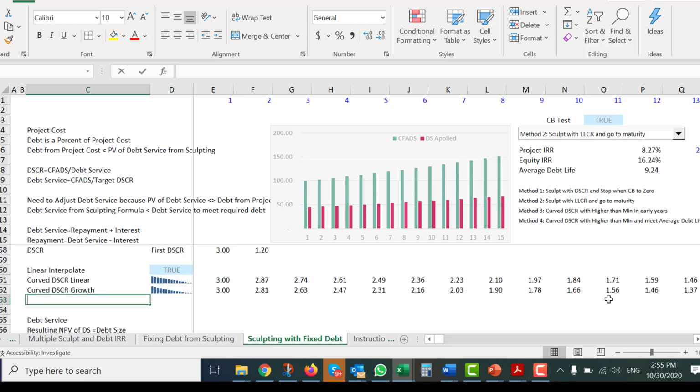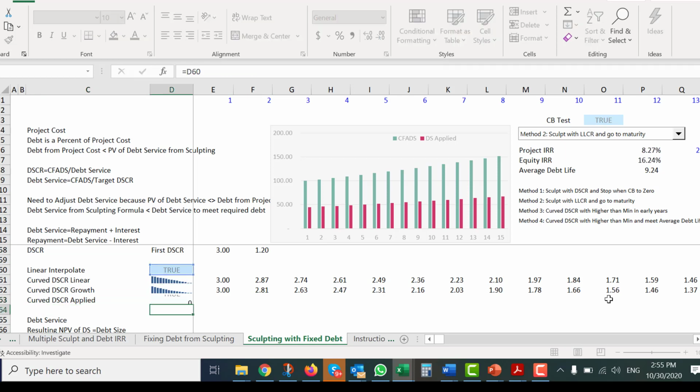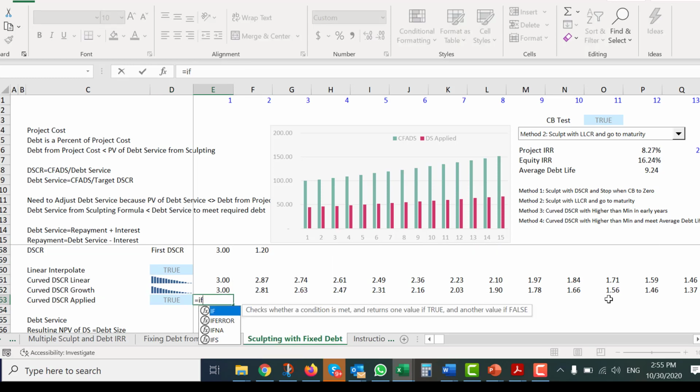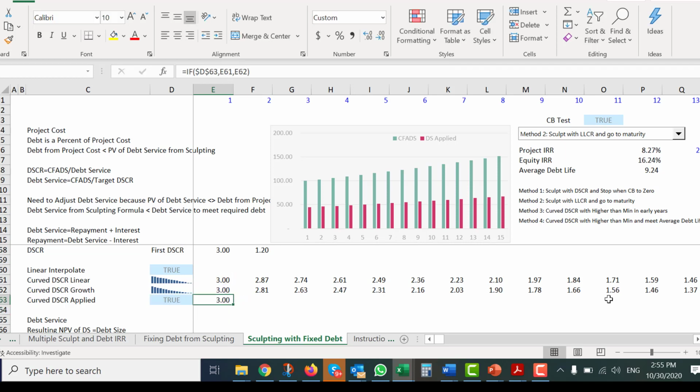And then let's put applied curved DSCR applied, and put an equal to the true, and we put if. Now, if you don't want to do this, fine. But if you want to really be a pro at modeling, then you want to do this kind of stuff. And then let's waste a little time with this little gimmick and put a